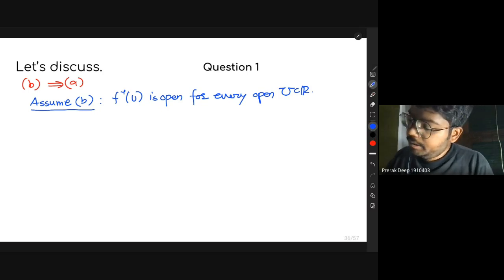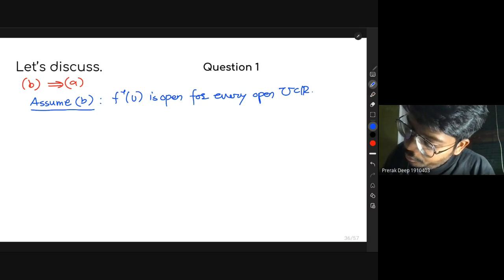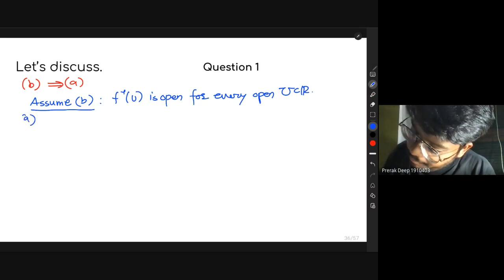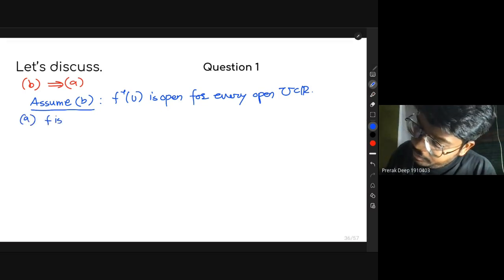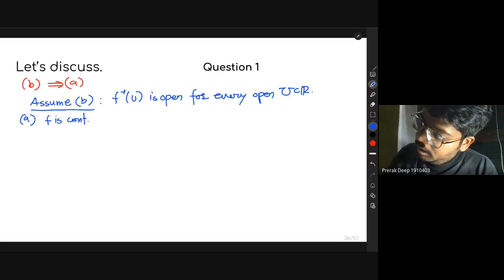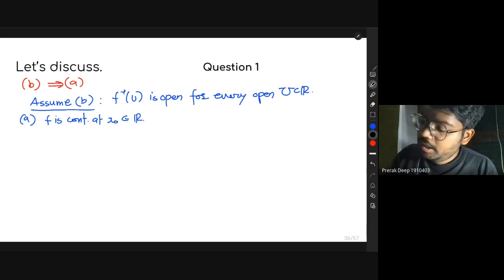Yeah. So now what we need to prove? We need to prove a. Now what is a? That f is continuous at, let's say, x naught. Okay, x naught in R. So what we need to say is that for given